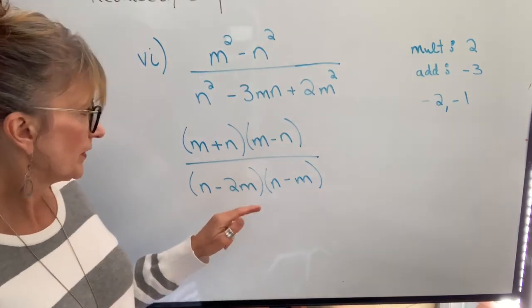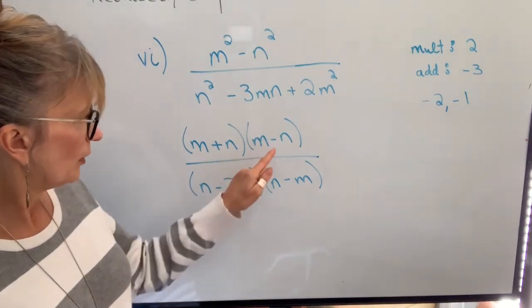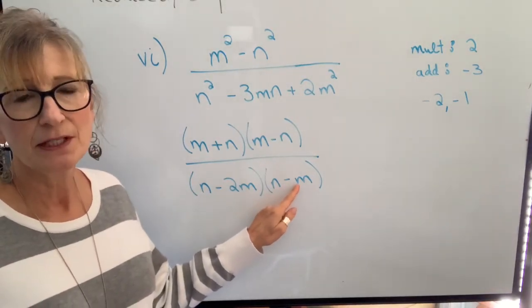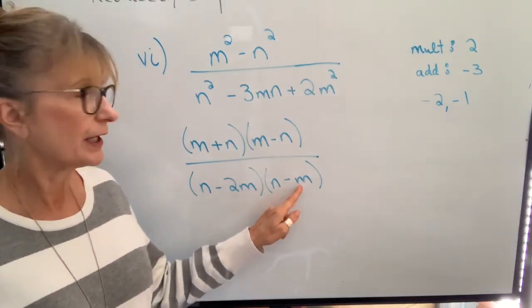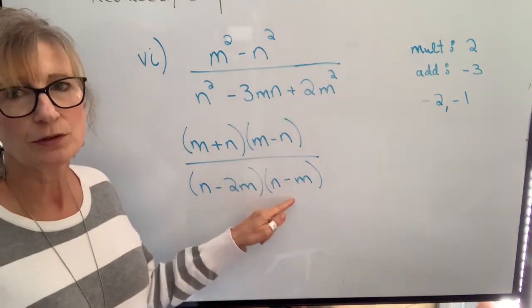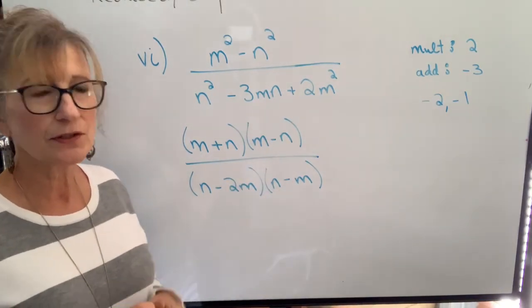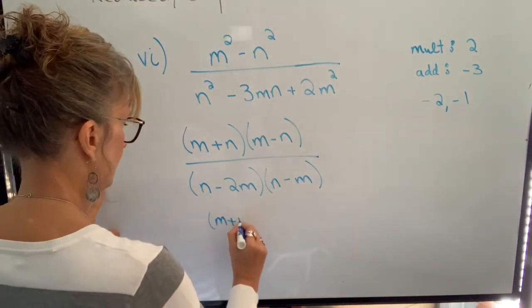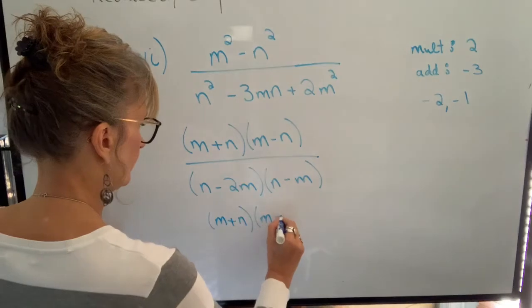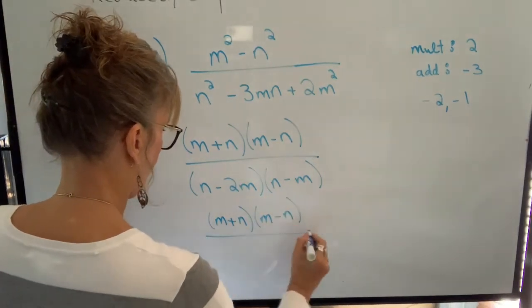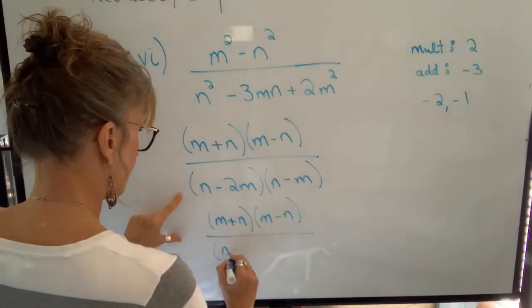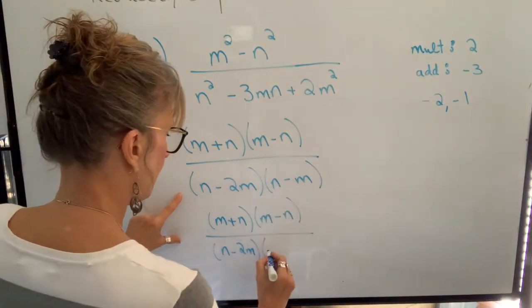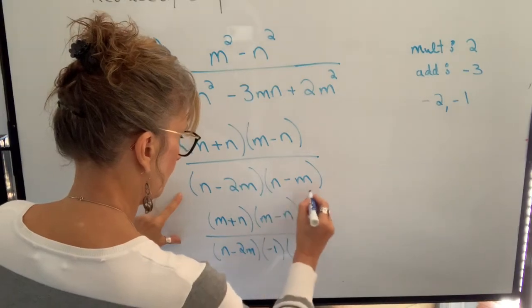When we look at this and we look to see if there's any common factors that we can cancel, we don't have any right now, but notice that these are very similar. They're just opposite in sign. So what I'm going to do is factor out a -1. I can either do that in the numerator or I can do it in the denominator. I'm going to choose to do it in the denominator. So my numerator stays the same, and this factor stays the same. What I'm going to do is factor out a -1 from this